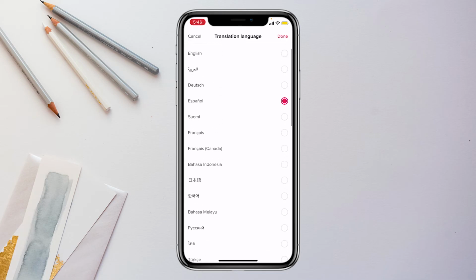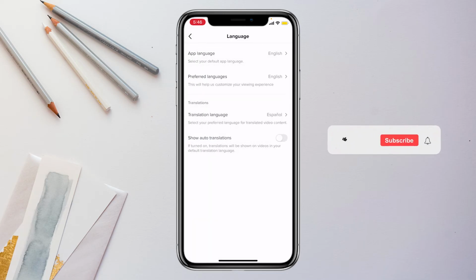So right now you can actually go back and all your videos are going to translate to English. And you can also select a preferred language. As you can see that you can select a preferred language. You can change that to Espanol and click on done